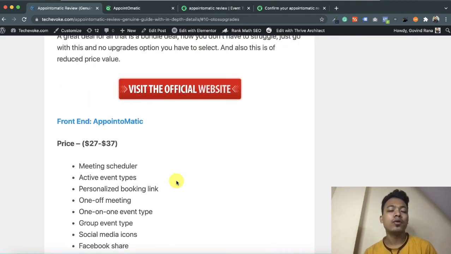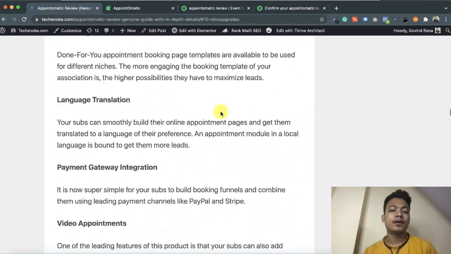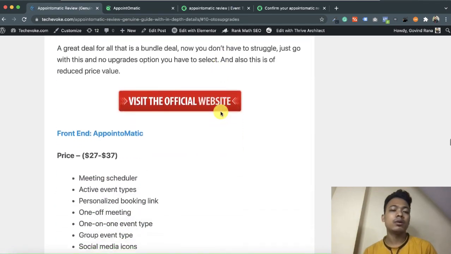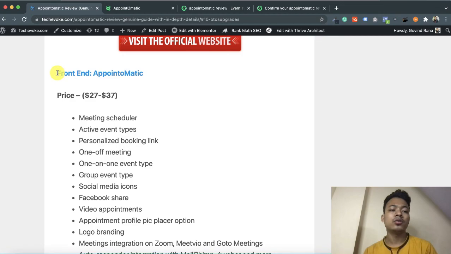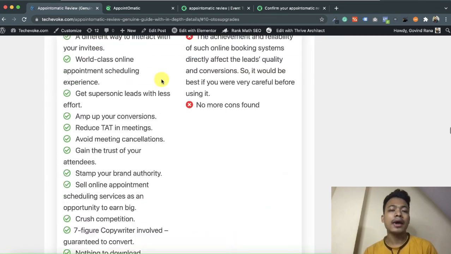If you upgrade again and again, for OTO 1, then OTO 2, and go with this process to get all the things of Appointomatic, then you may face extra charges, because the total amount including the front end is higher than the bundle.